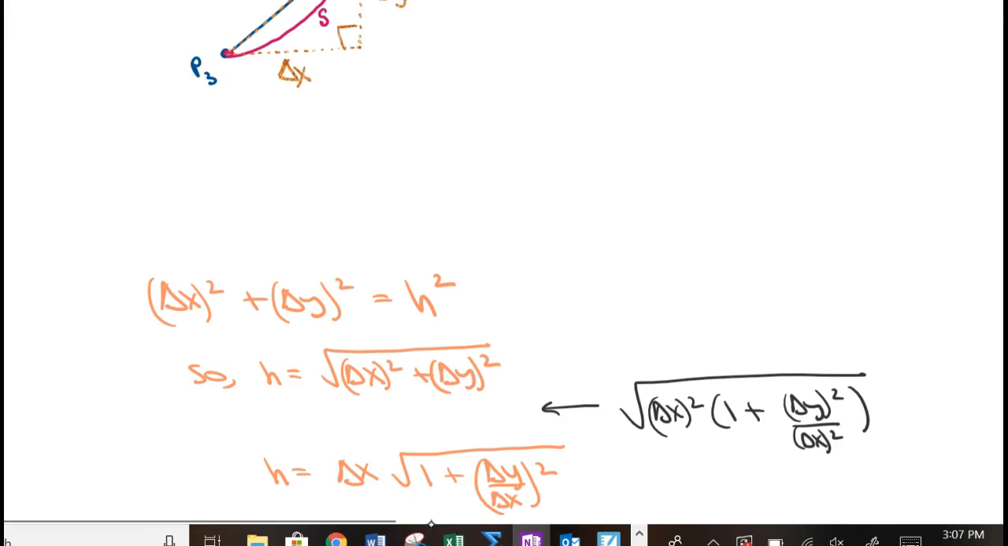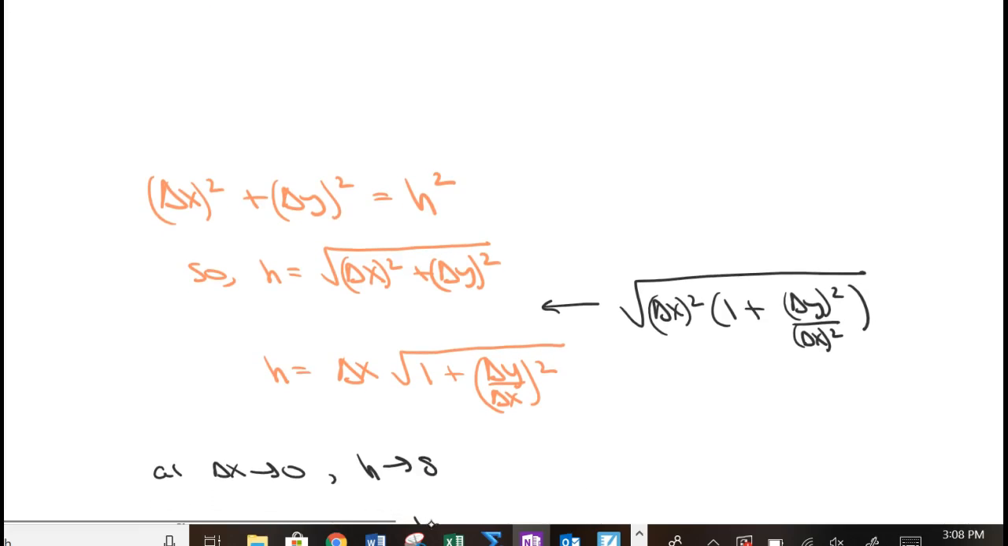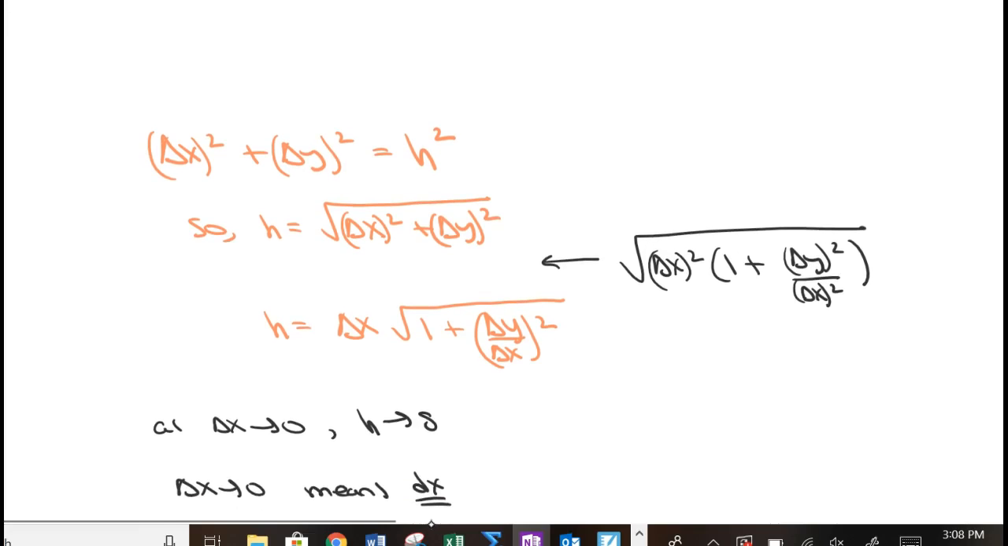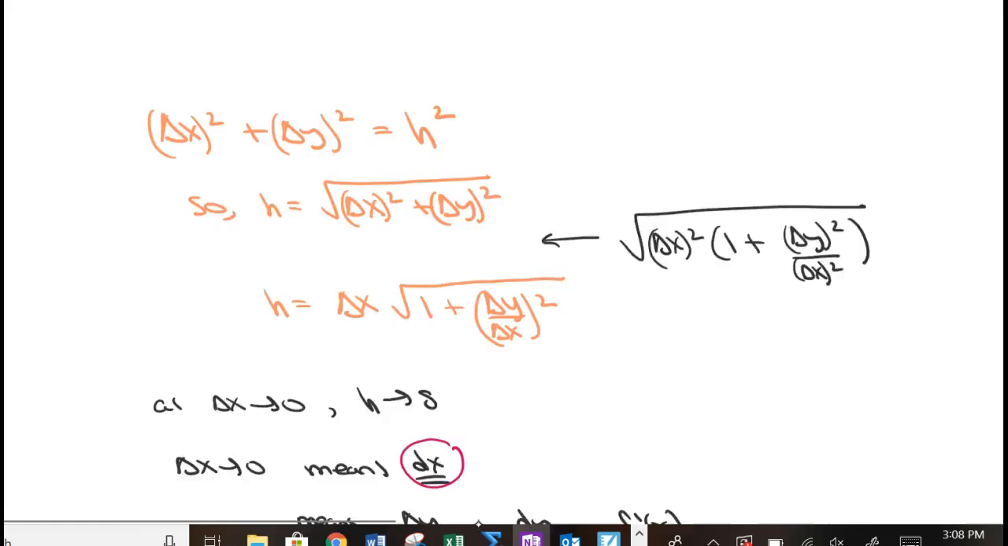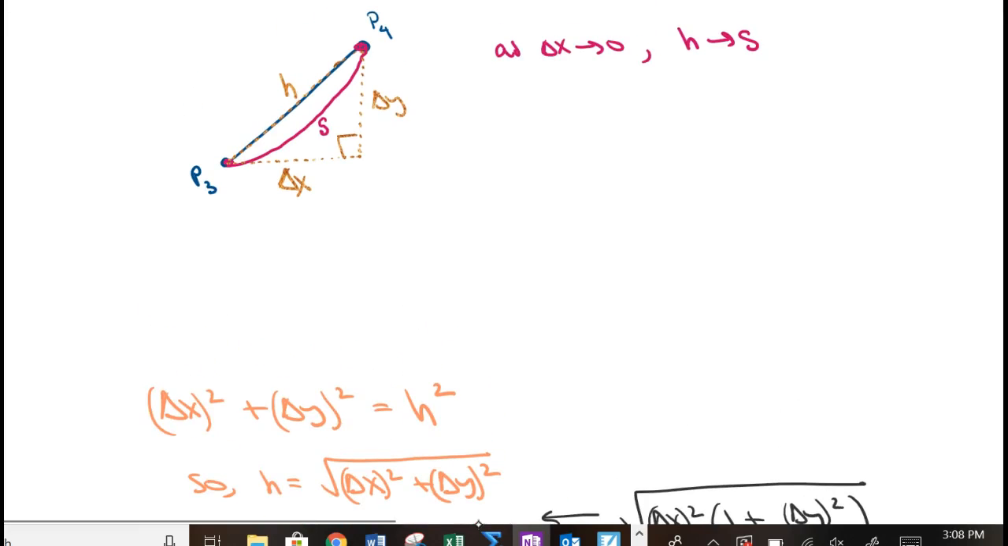Now look at this expression for h. H equals delta x times the square root of 1 plus the quantity delta y over delta x, squared. As we said above, as delta x approaches 0, h approaches s. When we say delta x, or the change in x, approaches 0, we want to have a symbol for a really, really small change in x. And we do. dx means a really, really small change in x. And if delta x is getting smaller, look at the picture. If delta x gets smaller, if this whole thing squeezes in,